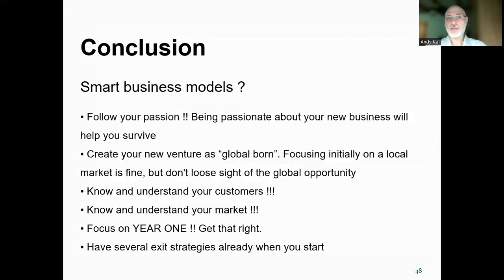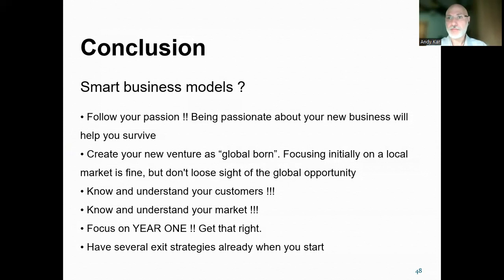Conclusion, smart business models. Follow your passion. If you are not going to follow your passion, please don't do anything. It's about, we need to be passionate. Okay. Focused, hard work, passionate, realistic, as in the exercise, is very important. Okay. Knowing the market, understand the market, knowing your customers, be customer centric,